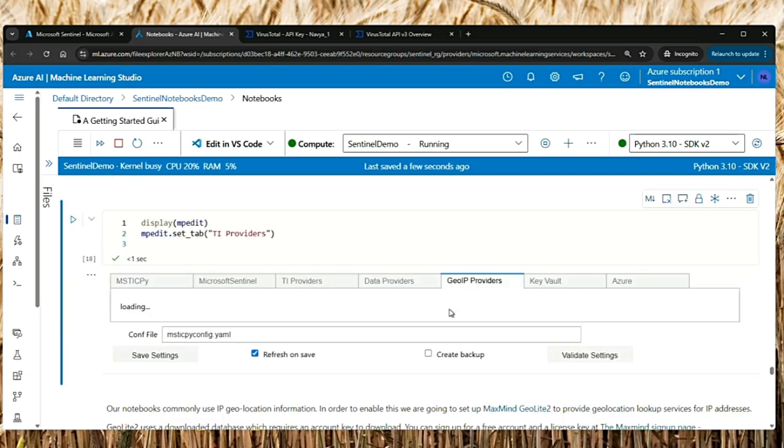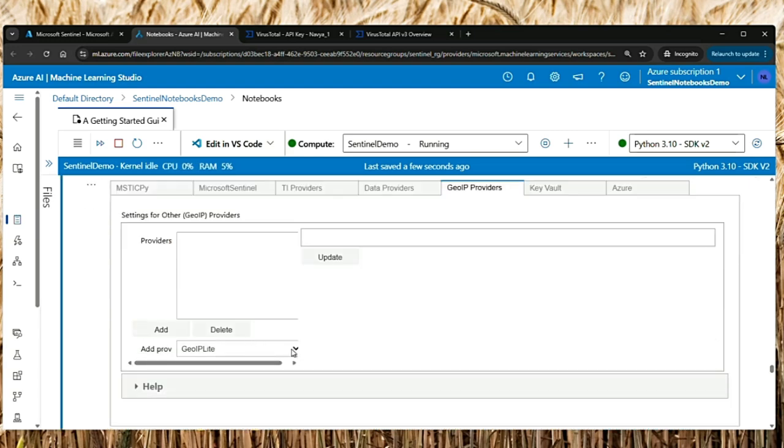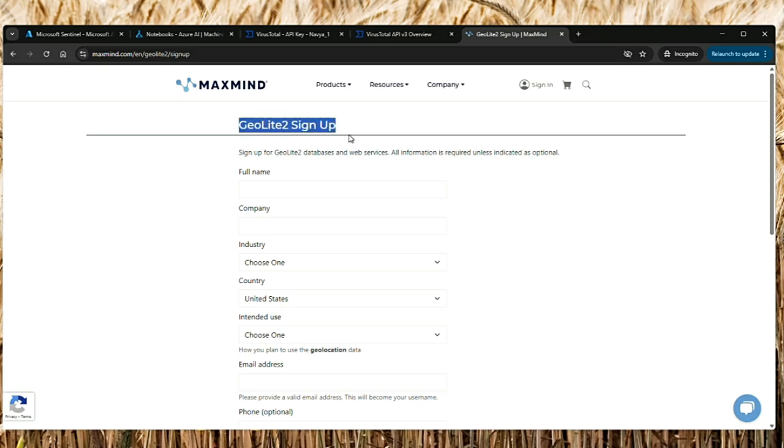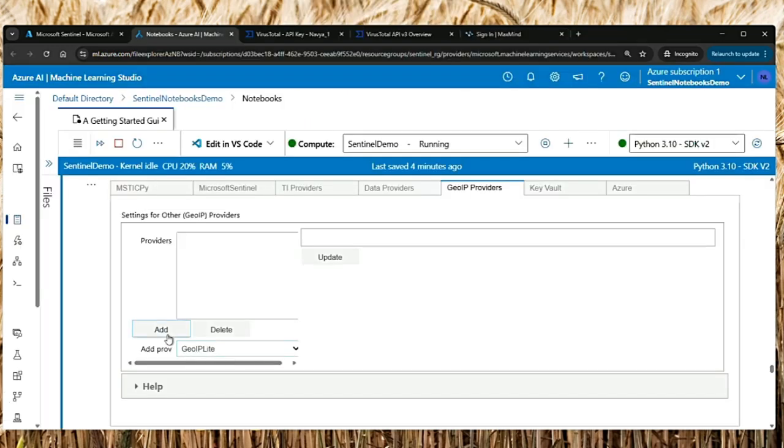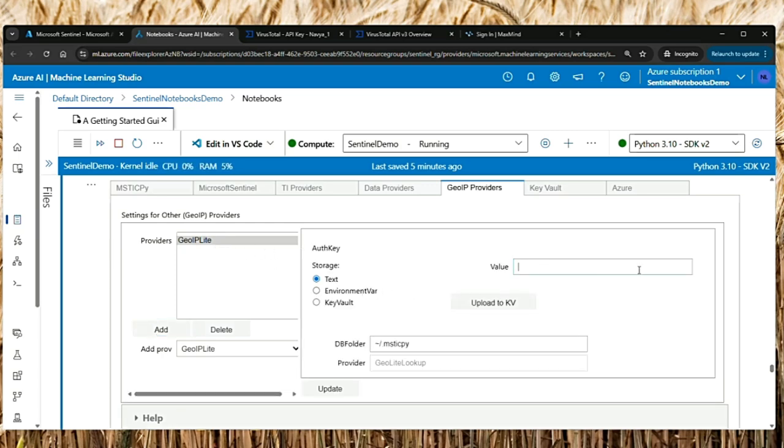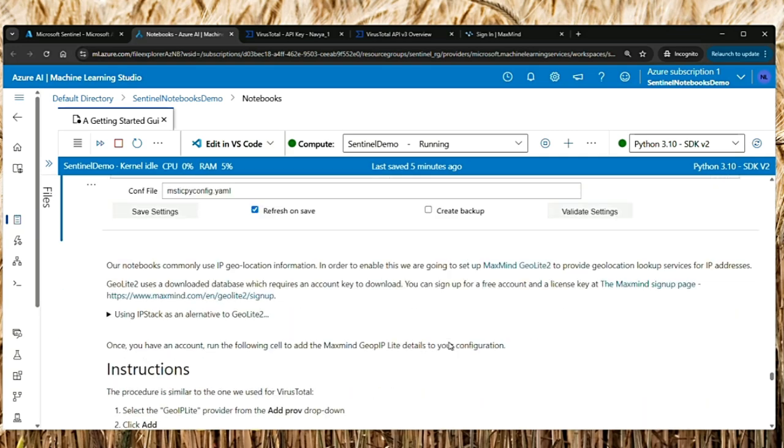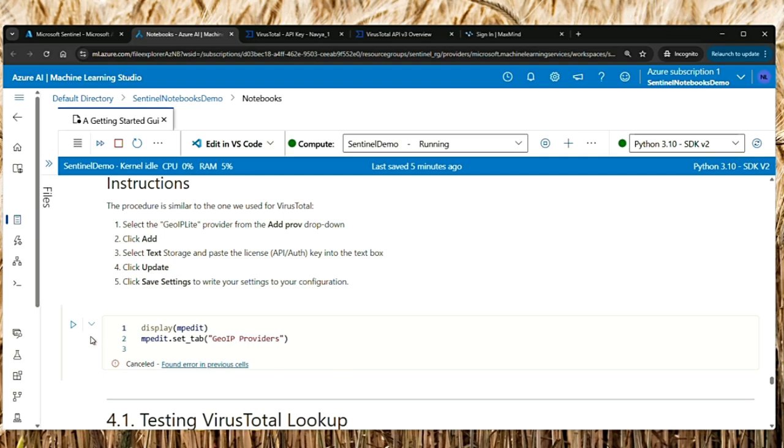And then here we go to GeoIP providers. It's loading. Let's give it a minute. Here you select GeoIP Lite. And this is the GeoLite 2 sign up page. You need to sign up here. Provide your name, your company name. Once you select GeoIP Lite, click add and it's loading now. You provide the API key once you sign up and create your account in GeoLite 2. And once that is done, it is the same thing. You'll have to run these